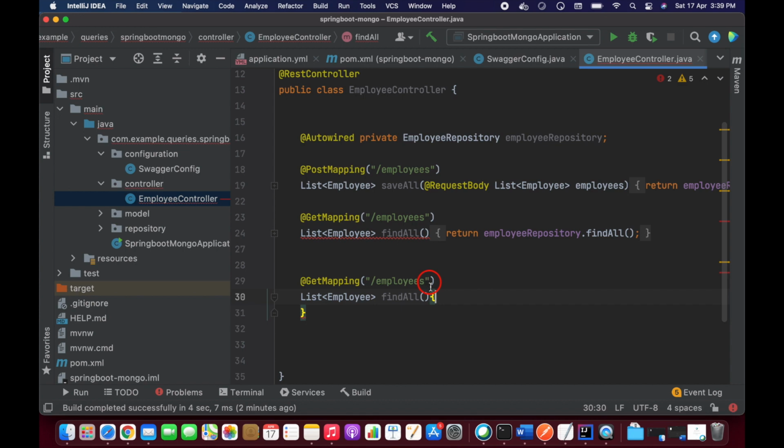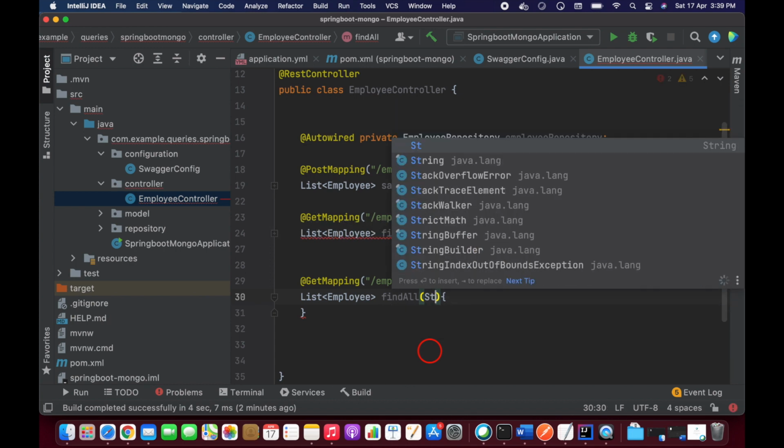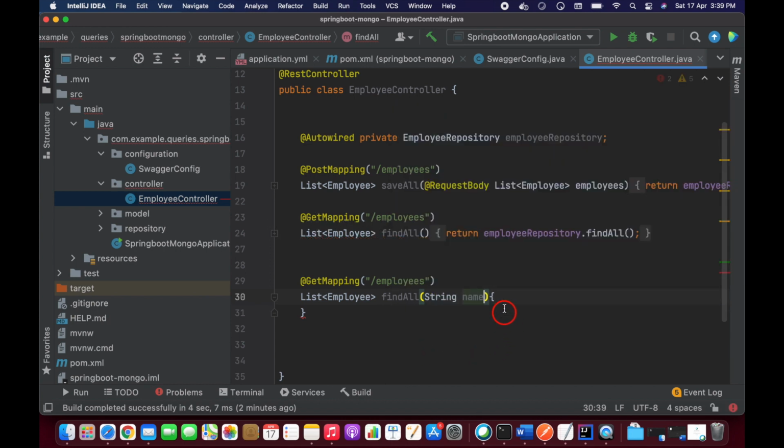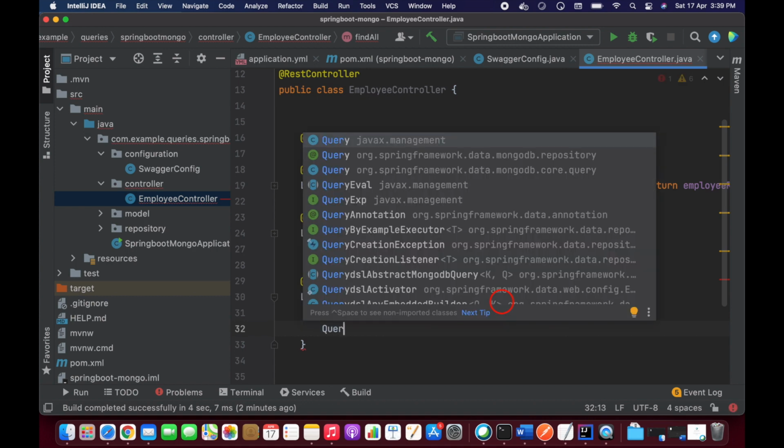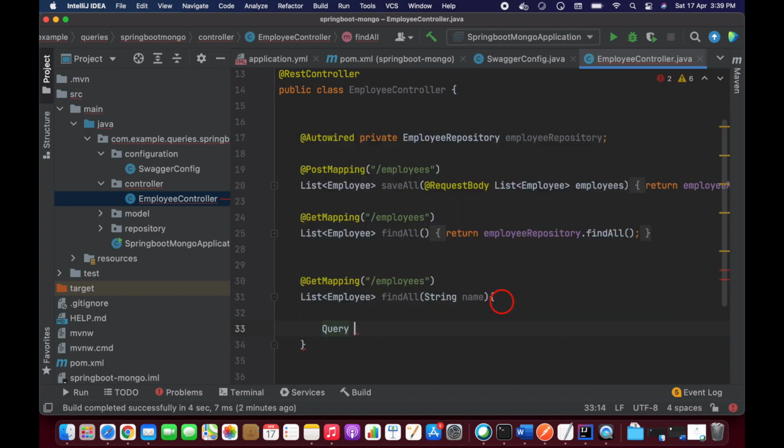Here I'm going to find the name by using criteria. I'm going to show you how to write it. I'm going to take a String name here. Basically we need a query. This is the core Query, so let's take Query and new Query here. After that we need query.addCriteria.